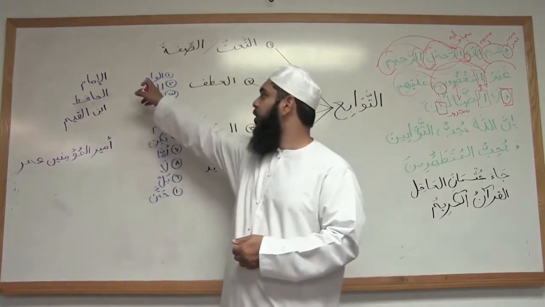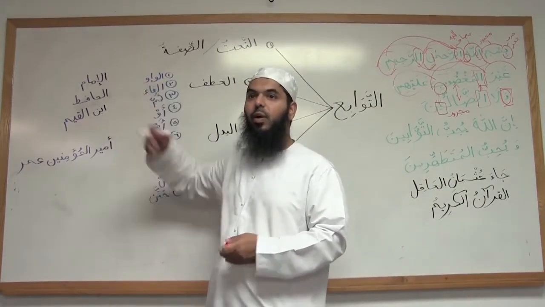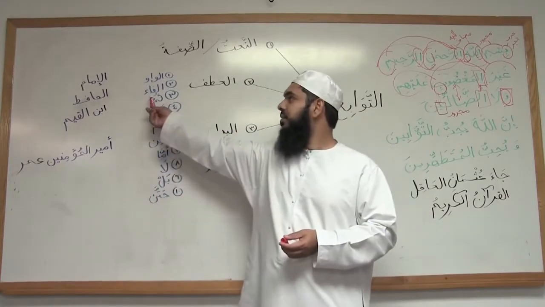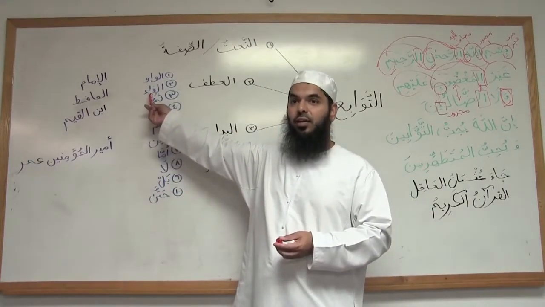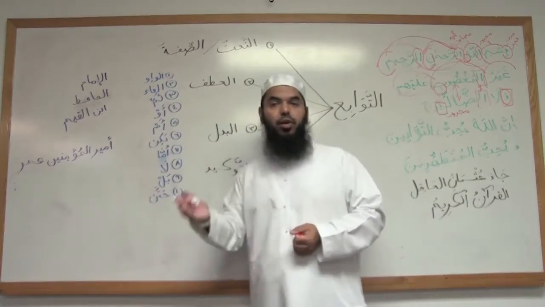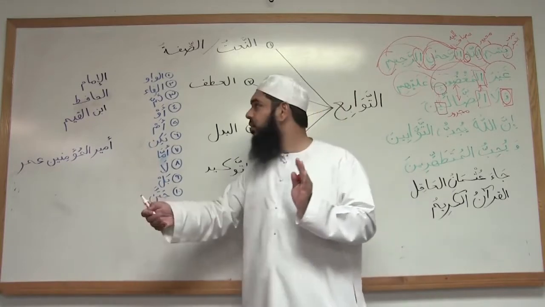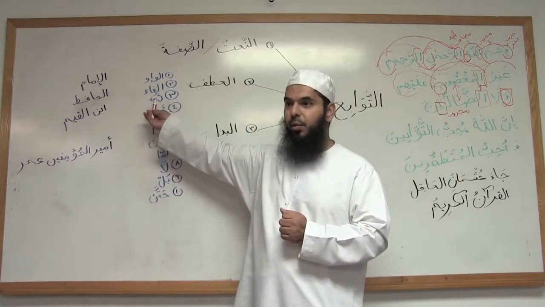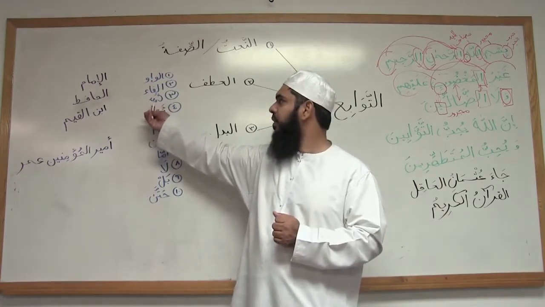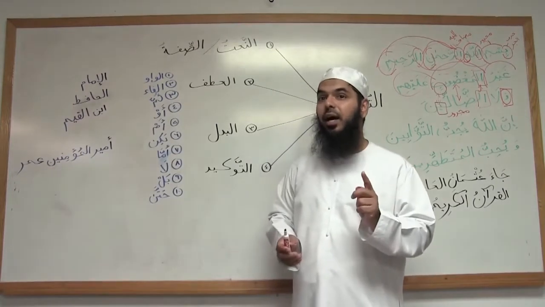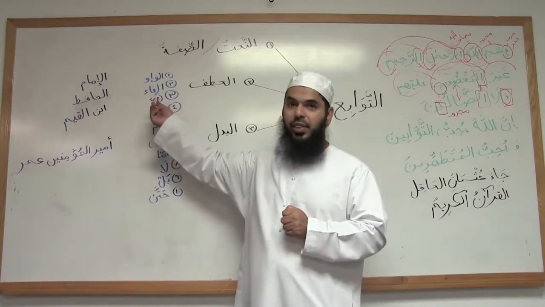Which huruf, which letters in the Arabic language can you use to join i'rab, join the linguistic properties of asma. So one of them we just went over is what? Waw. Al-waw. So you can connect with al-waw. One of them is al-fa. You can connect with fa, especially when you have shart, jawab al-shart, or when you have something and then something. You can also connect with thumma. Thumma, tha, damma, shadda, al-fatha.